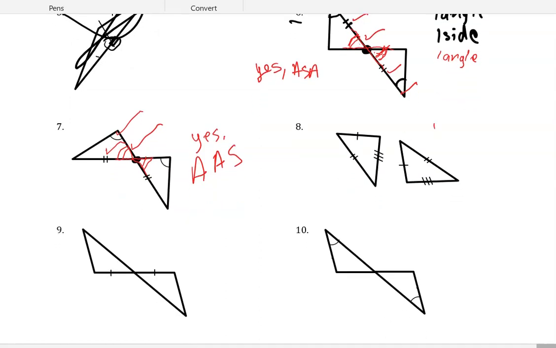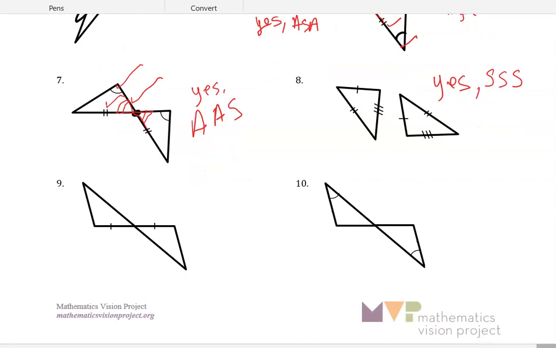All right, 8, about as easy as it would get. They're separate. We don't have to worry about a shared side. We don't have to worry about a shared angle. But what we see, all of the sides are congruent. So we can call that side, side, side. So that's a yes. When we get down to number 9, these are the ones you want to be a